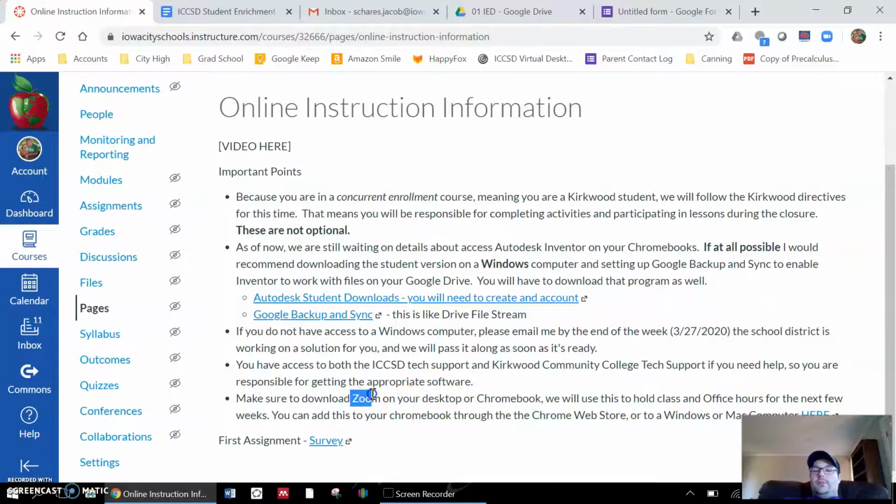We might be using something like Zoom. So again, if you have your own Windows computer, downloading the Zoom program on that computer might be a good option right now. We might just use Canvas. You won't be able to see this right now, but Canvas has this thing called Conferences, and I'll probably turn that on, and that's another way we could hold classes in person.